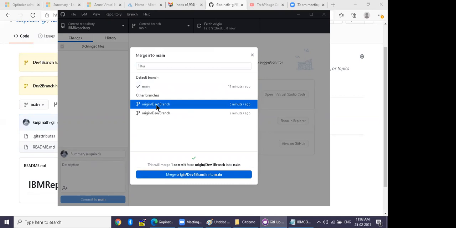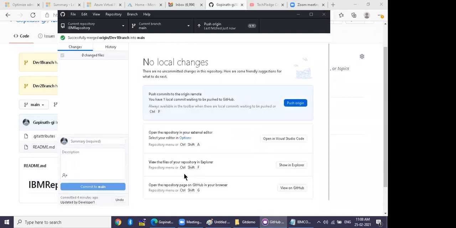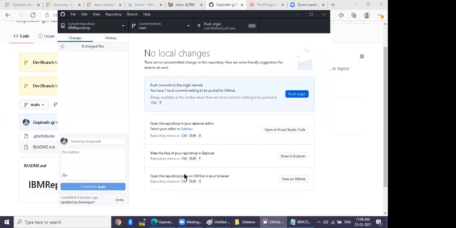But when you do a merge, be sure your code is correct, because if you merge, the code will come to the main branch and your CI/CD pipeline is going to pick up that code. So click merge the dev branch into the main branch, and after that you have to commit the changes so that it goes to push origin.